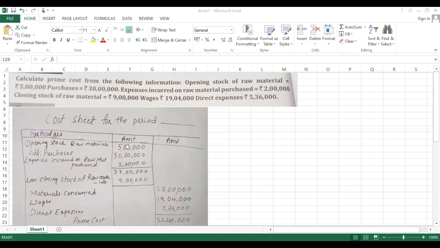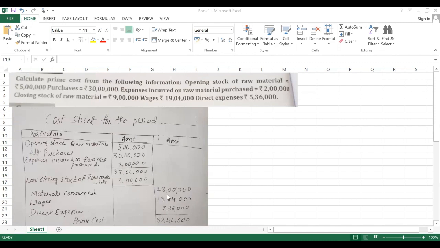Once you add this, you'll get 37 lakhs. And from this, you have to deduct the closing stock of raw material, which they have mentioned as 9 lakhs. Once you deduct closing stock from the total amount, you will get 28 lakhs, which is